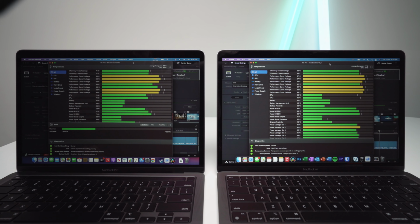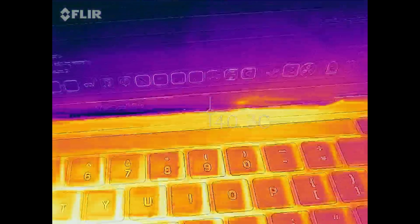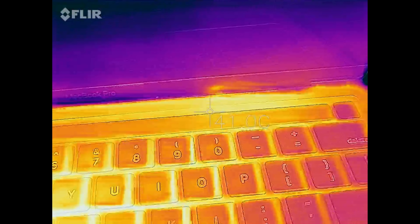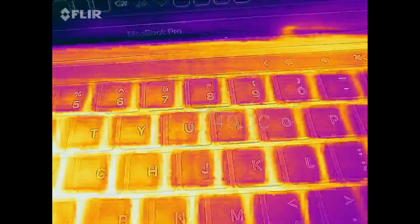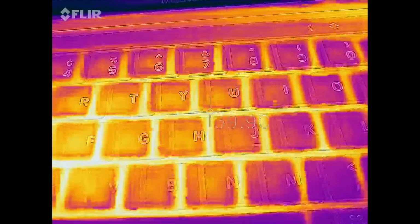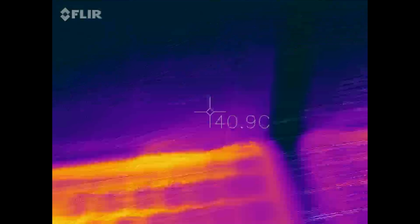Now, if we do a quick thermal test with the thermal camera, you can see we're getting around 40 degrees Celsius on the MacBook Pro on the exterior. And on the hottest parts, we're getting about the same. There's not a huge level of difference there. Maybe a couple degrees hotter in the middle of the keyboard. And then on the Air,